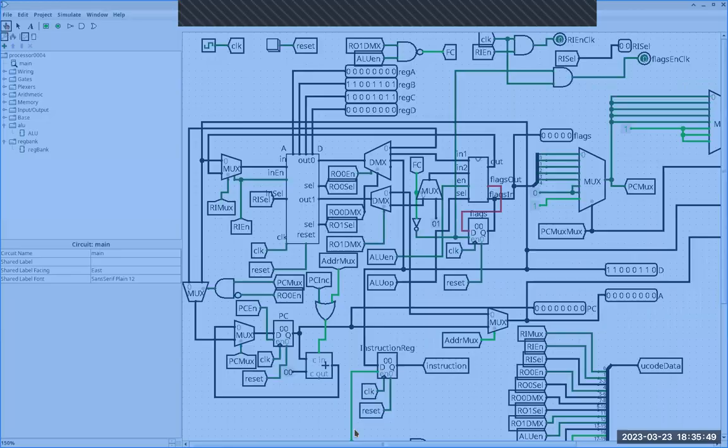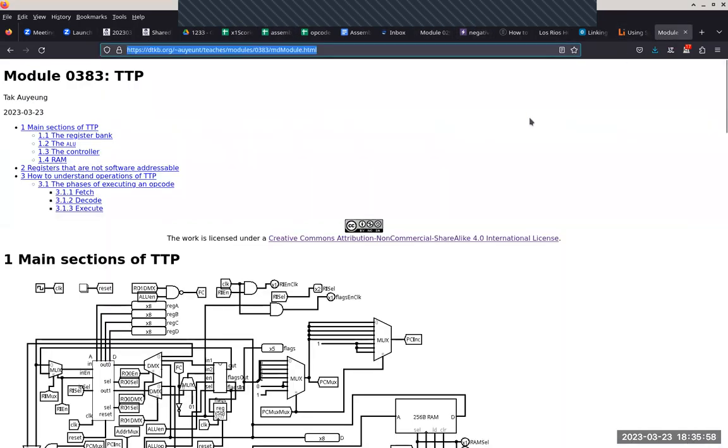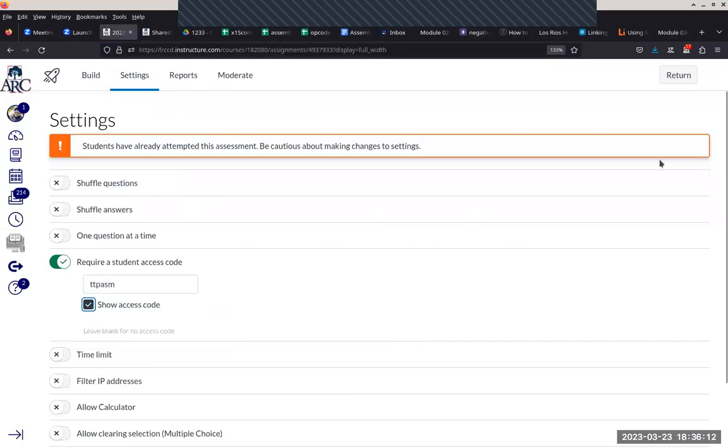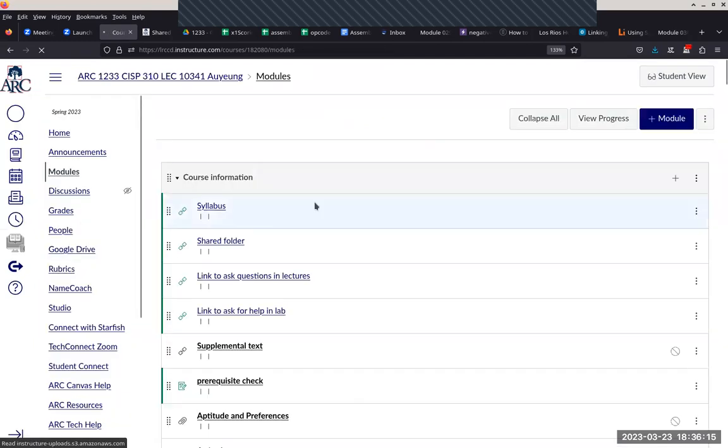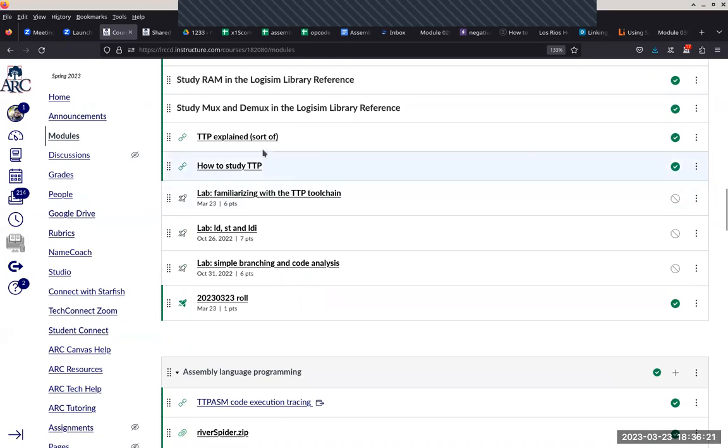Let me point out where it is so that you guys know at least where to find it. I wrote it just today because I thought, hey, most people probably need to have a little roadmap of how to get to understand the processor. So this is the module that I wrote today, module 0383. It is also in Canvas already. So if you go back to Canvas, you should be able to see it. Let me get back to the Canvas module and then point to the module right here. So this link here is the same as module 0383, and the title is TTP explained, in parentheses, sort of,